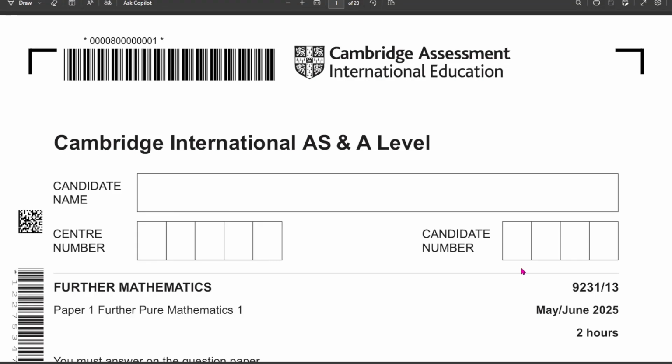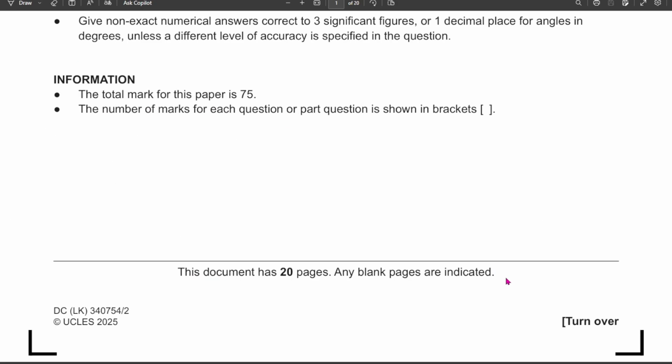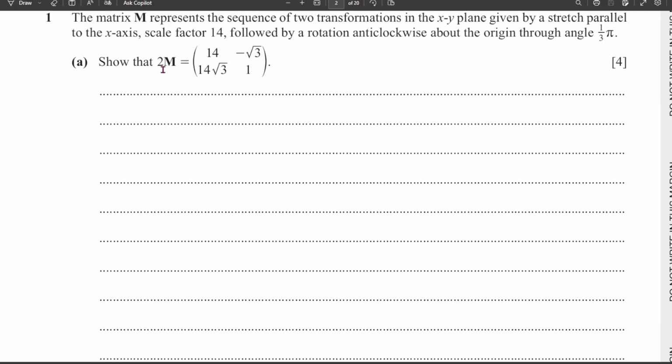Hi viewers, in this video we'll go through Cambridge A-Level Further Math Syllabus Code 9231, Component 1 of the syllabus, which is Further Pure 1. This is Variant 3 from the May June 2025 series. We'll attempt question 1 in this video, and it's giving us a transformation matrix M represents the sequence of two